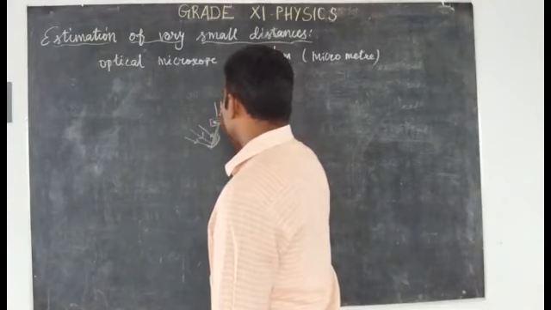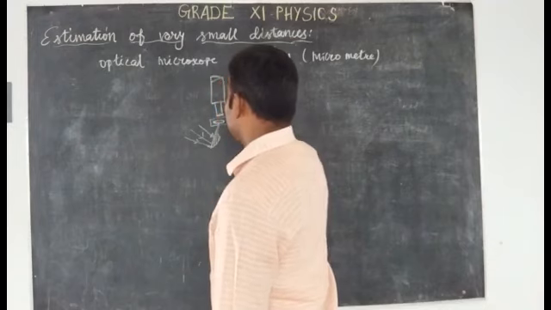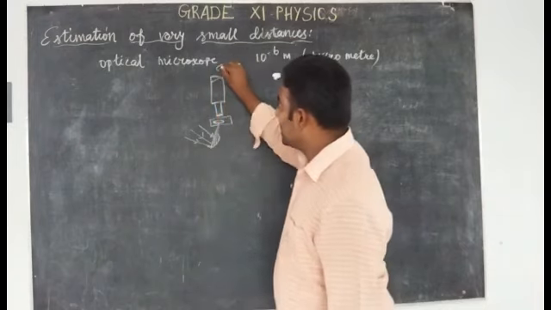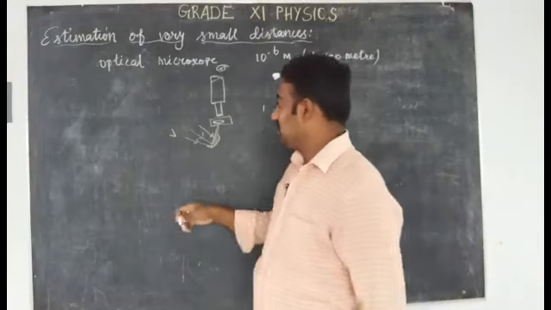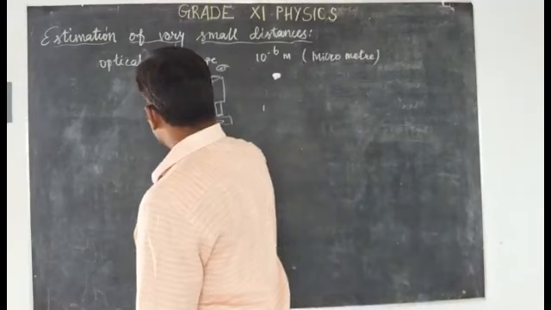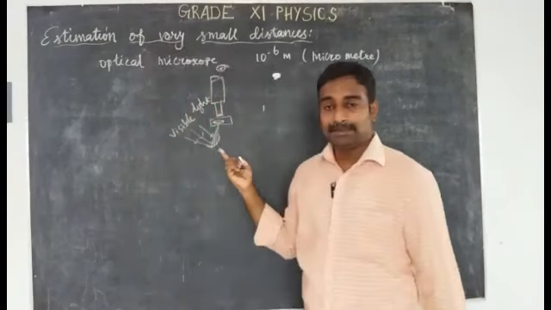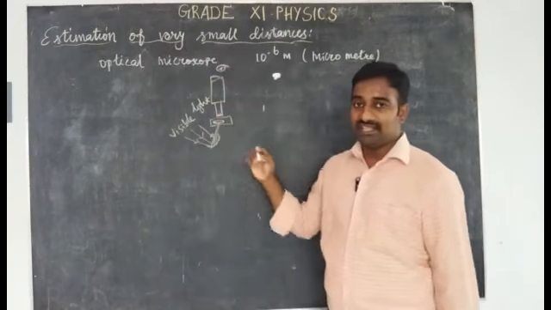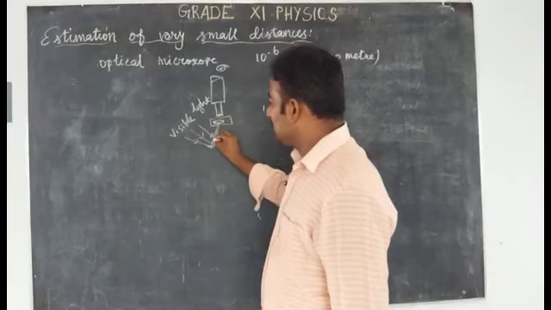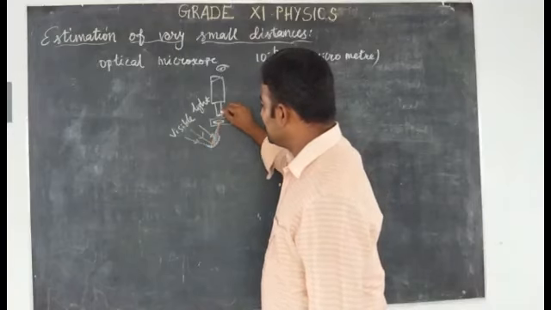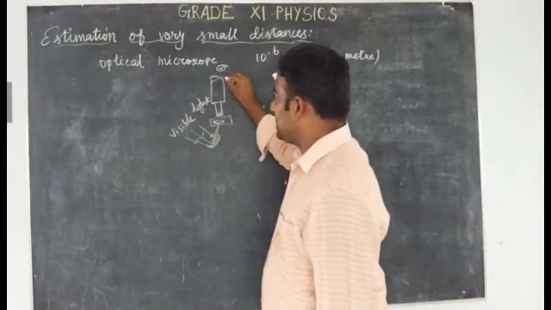Then the microscope is held. This is the objective piece, and the eyepiece is held here. Then we can observe through our eye. Okay, here which light helps to enlarge the object? Visible light. So the visible light helps to enlarge the image of the specimen in this glass slide. So the single cell organism is taken in the glass slide. The concave mirror converges the light rays. Then two lenses are used. This is the objective lens, this is the eye lens.